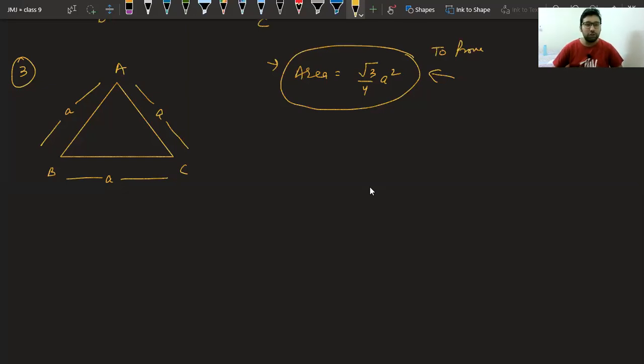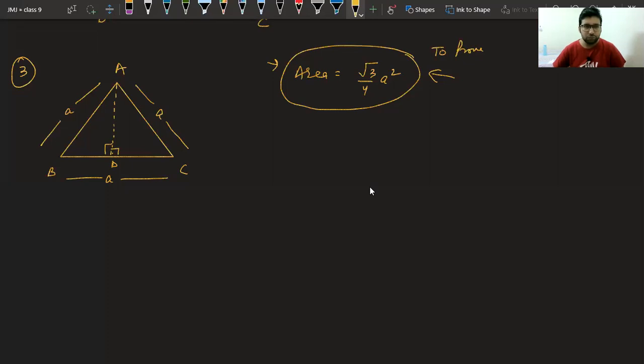What you have to do is you will draw a perpendicular from A, draw a perpendicular from your side. Okay, let me call this AD. Sir, we have to make a median AD, then we will have two triangles and then 2 into half into base into height. Okay, you are correct, Moksh, but how will you find the length of AD? The problem is, how will you find length of AD?